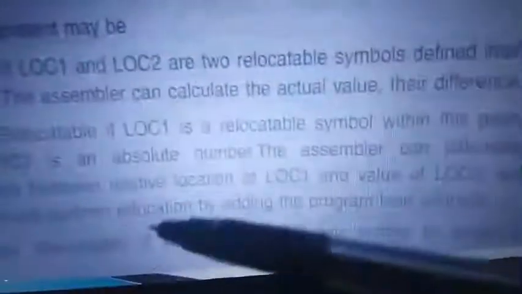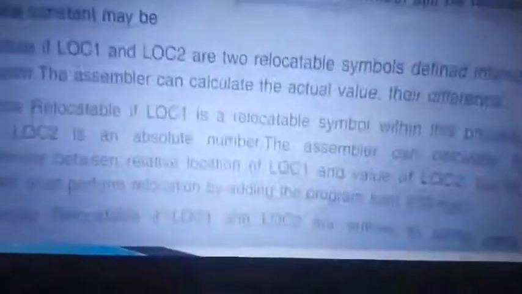But relocation should be performed using the load address. This is a local, and this is an external. It finds the relative, that is 540 and 100. But linking should be done by the loader. Clear? Linking should be done by the loader. In the place of 0, you need to get 972, and that needs to be done by the loader.